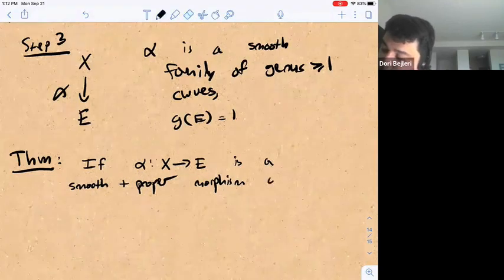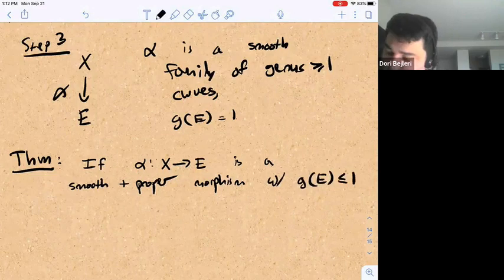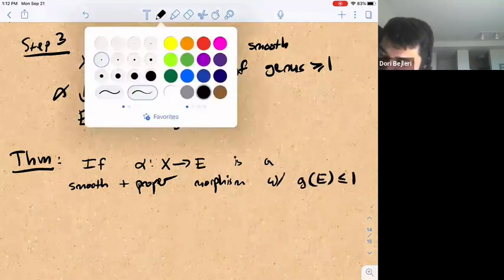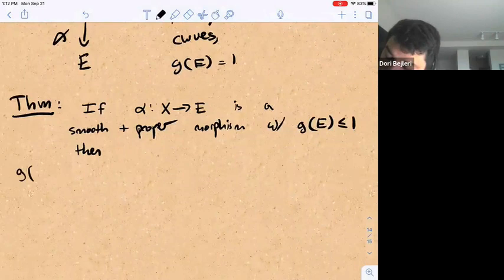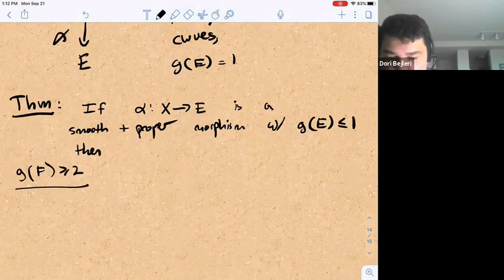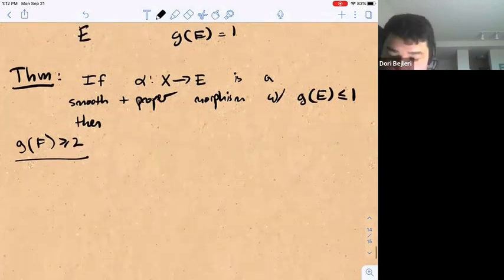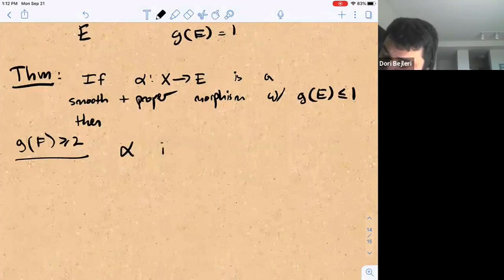So with genus of E less than or equal to 1, so either E is an elliptic curve or it's P1, then in the genus of the fiber at least 2 case, we have maybe the cleanest statement, which is that alpha is isotrivial,